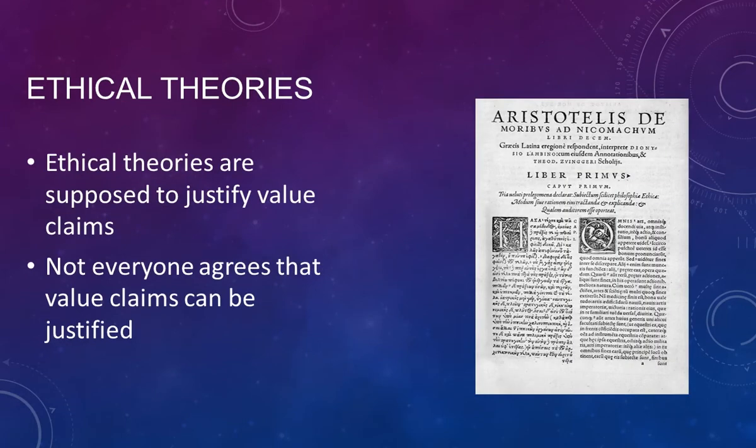So, ethical theories are supposed to justify value claims. And again, I've been emphasizing that not everybody agrees that value claims can be justified. So there should be a big question mark over everything that I'm about to say for the next hour of, does this all make sense? But